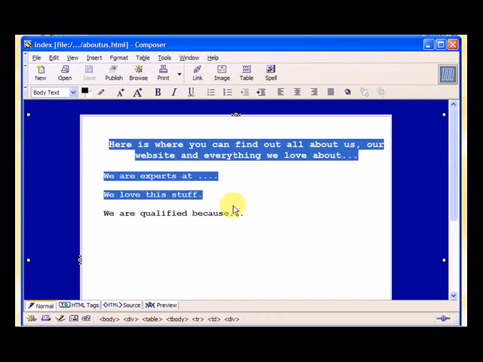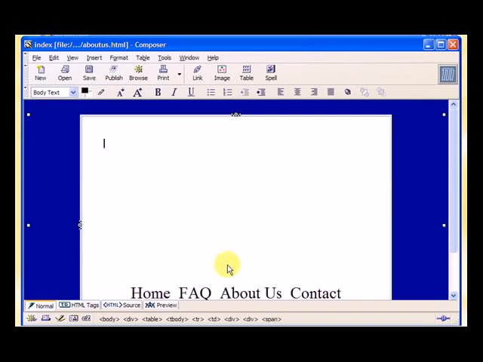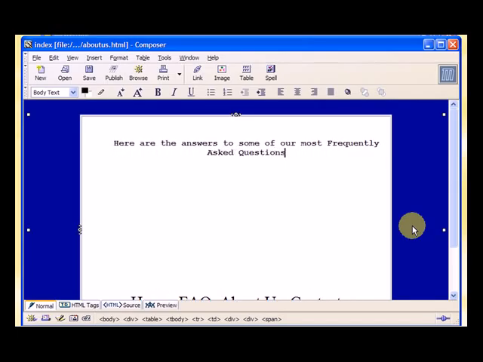Let me erase this because I have another page to create, and that's the FAQ. This is usually a good line to put at the top of all FAQ pages: Here are the answers to some of our most frequently asked questions. It's a good idea to have an FAQ page because if you keep getting emails from people